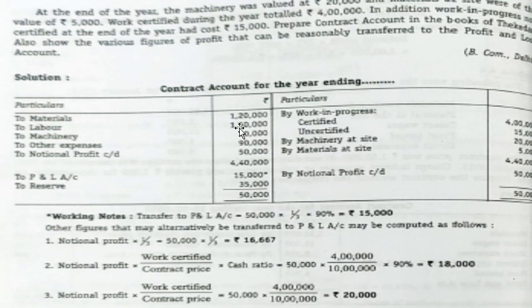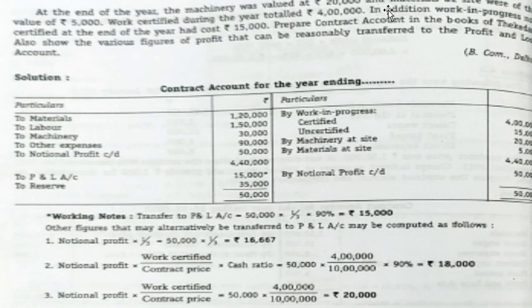Next, your credit items will be your contract price if the contract is completed, but the contract is still in progress because you have work not certified in the question, which states that the contract is still incomplete. So under work in progress, we need to record certified and uncertified. The certified amount as per the question is work certified during the year, rupees 4 lakh. So we will record it as work certified 4 lakh. Then uncertified, which is mentioned in the question, is work uncertified at the end of the year, which cost rupees 15,000, and that is also recorded.